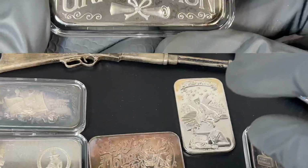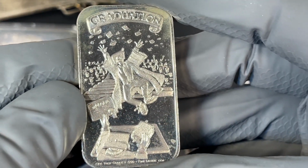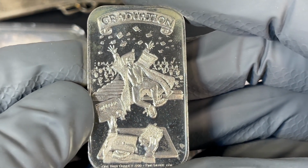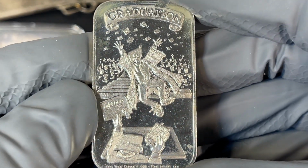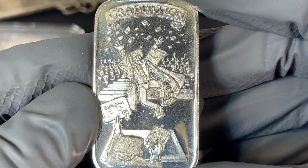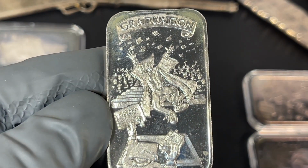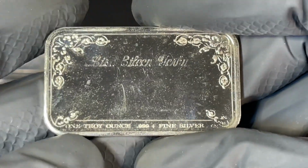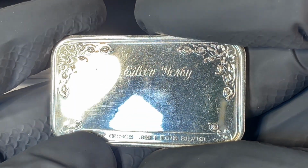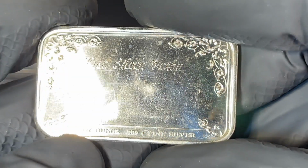There we go. Right, next up, let's do another graduation. But this one is from Crown Mint, I believe. So kind of a vertical orientation, portrait style. Passing out the diploma. Lots of cool detail on this one. And even has somebody's name engraved. Lisa Eileen Yerby. Congratulations on your